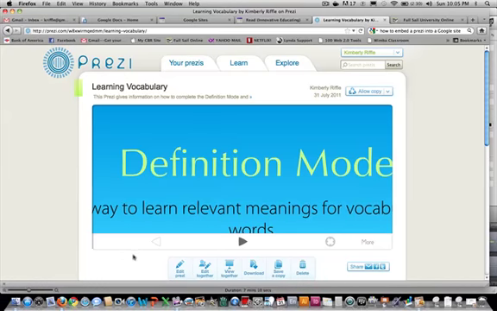This Prezi is on specific directions for creating the definition mode box, filling in the box, and for making the meaning box. So let's go through this. This is just like any other presentation. I'm just going to click play. It's very similar to PowerPoint,